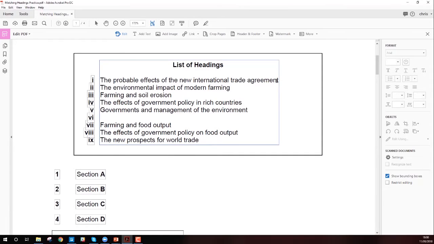Now you need to read these and understand them. Okay, so you need to take the time to read these and understand them. The probable effects of the new international trade agreement. The environmental impact of modern farming. Farming and soil erosion. The effects of government policy in rich countries. Government and management of the environment. Farming and food output. The effects of government policy on food output. The new prospects of world trade. Okay, fine. So,